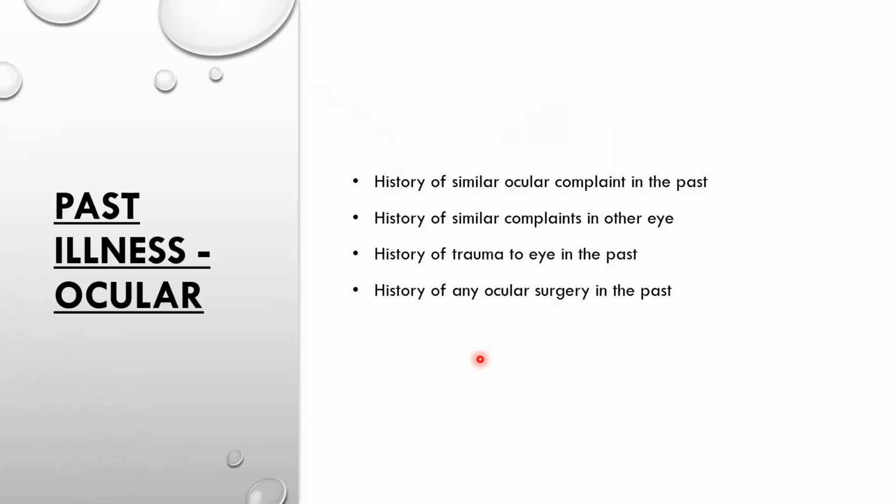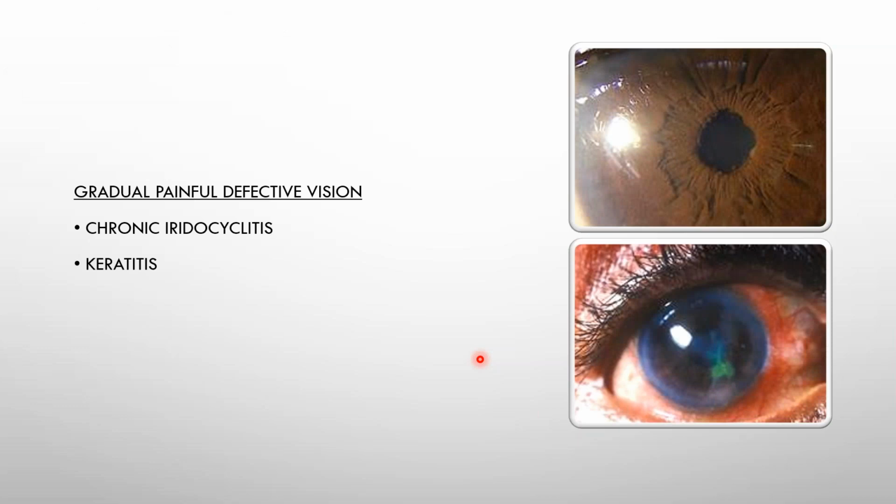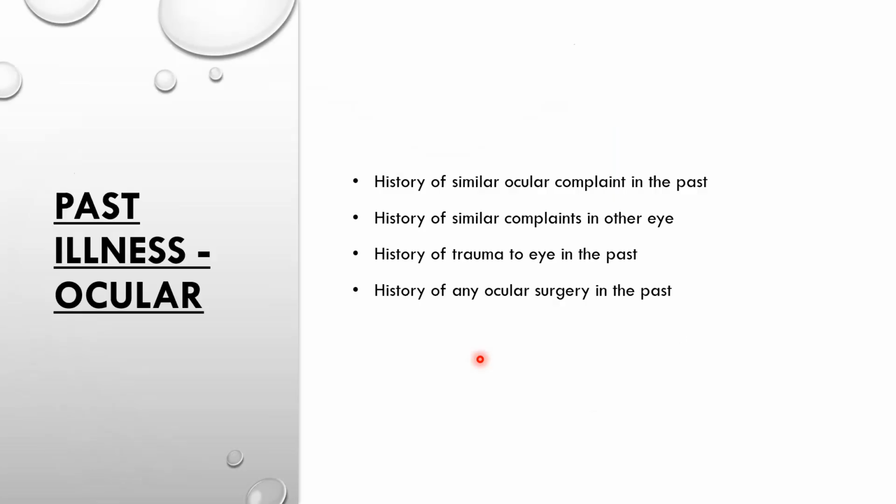Then moving on to the past history. So, other than, in the history of presenting illness, other than these complaints, patients can sometimes present to you with a lot of other visual phenomena like glare, floaters, flashes, metamorphopsia, colored halos, diplopia, and surface problems like irritation, lacrimation, red eye, foreign body sensation. So you have to be able to ask and come to a conclusion as to what the possible diagnosis could be. Then moving on to the past history.